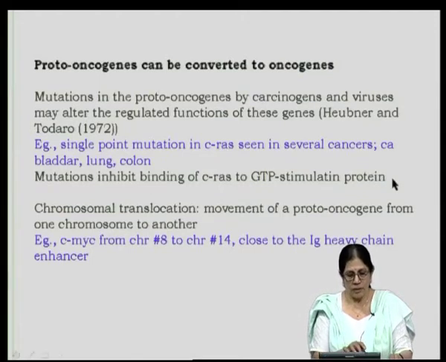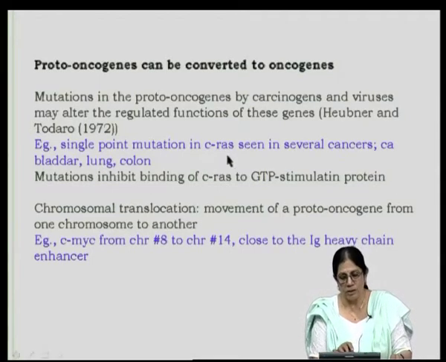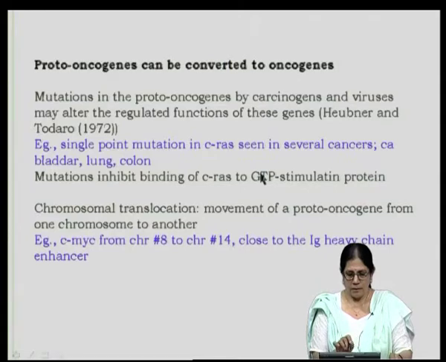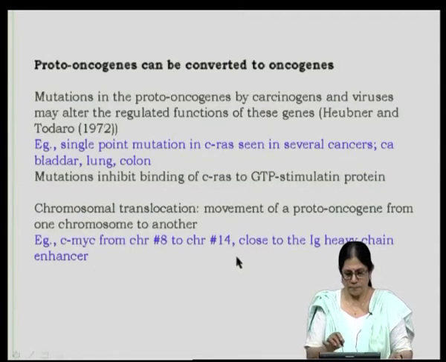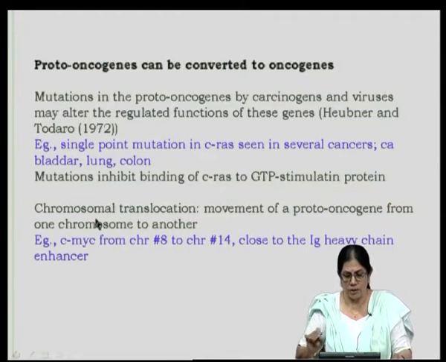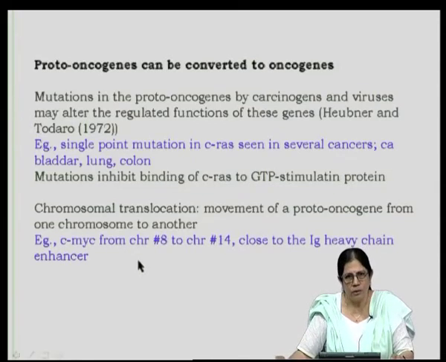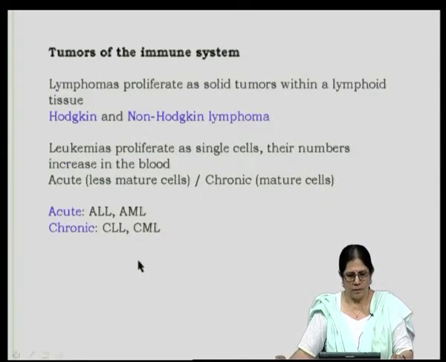It has been shown that a single point mutation in the RAS gene, another oncogene, is seen in several cancers. The next one is chromosomal translocation. Movement of a proto-oncogene from one chromosome to another can also lead to cancers. I will talk to you about this translocation in a while, before which I have to introduce to you tumors